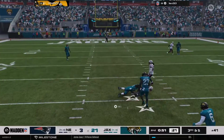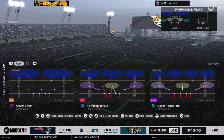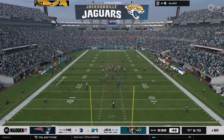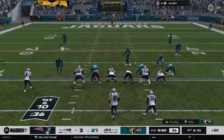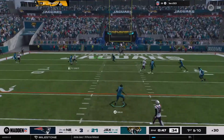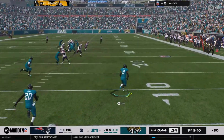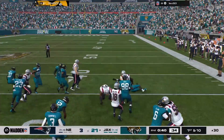Good open field tackling held it to an okay gain. Now the Patriots will use the 2nd of their timeouts as the clock shows 50 seconds to play here in the half. 1st and 10 here. You know, if they could just get 3 out of this, there's something about narrowing it to a 2-score game at half that makes it feel like... And his pass is intercepted for the 4th time today. And the Jaguars